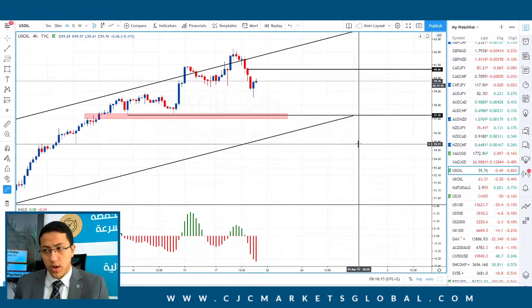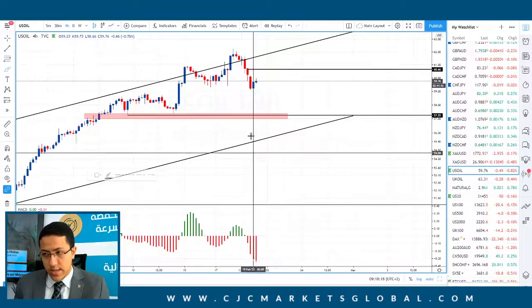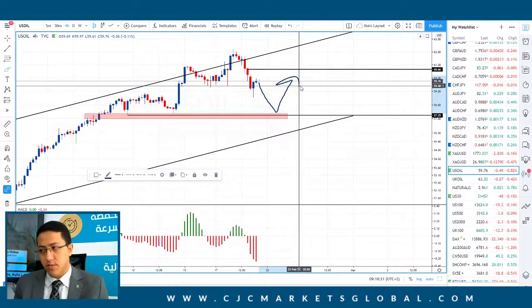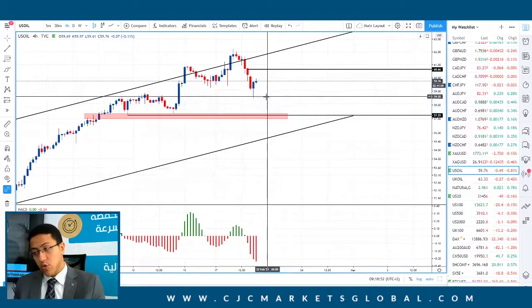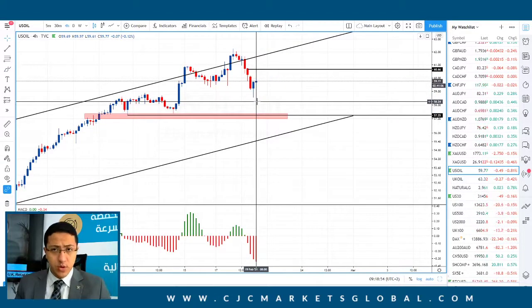57.25. So even if we do have a correction during the day, that's totally fine. However, we should never by any means break below 57.25 in order to continue our bullish trend. So this is a correction, and that's totally fine. As soon as this correction ends, we will ride the next leg up or the next bullish swing. However, this 57.25 is the key pivot level for this uptrend that should never be breached by any means, because if this happened, we will be changing our medium-term view on oil from bullish to bearish. So we will be watching those two key levels on oil, 60.66 and